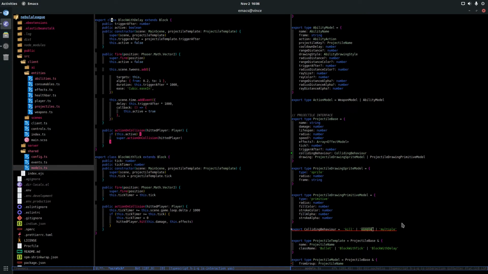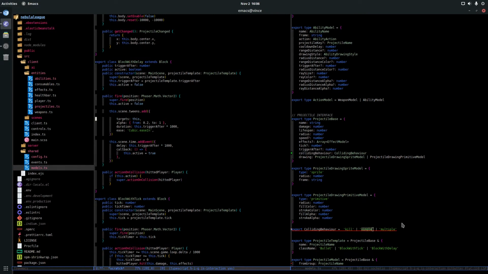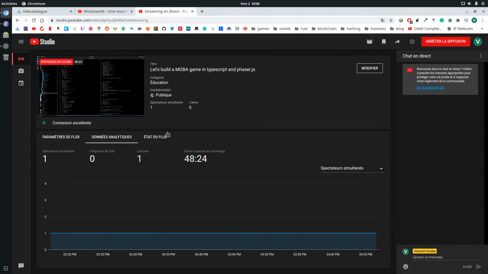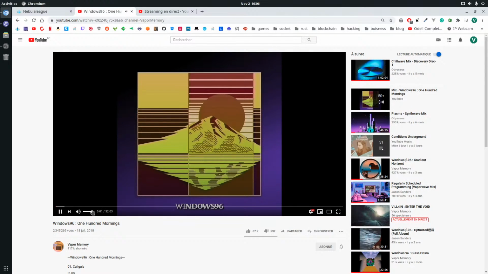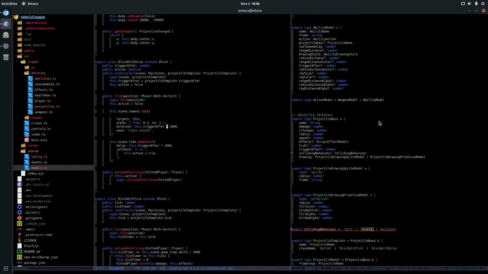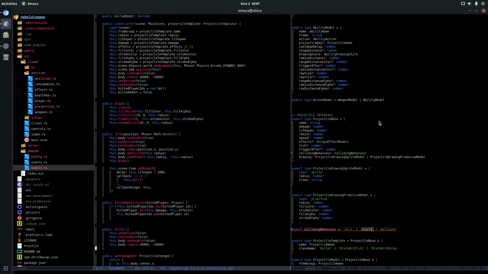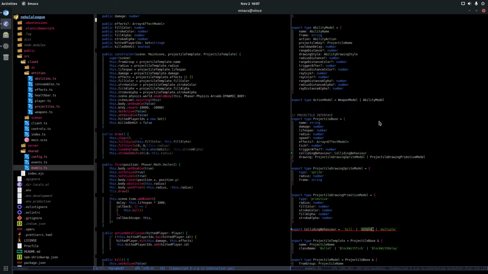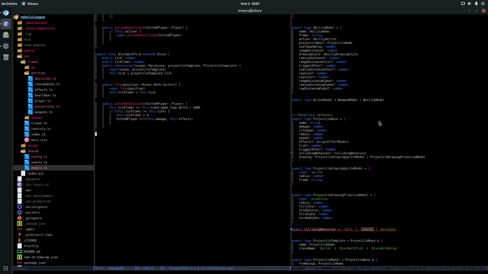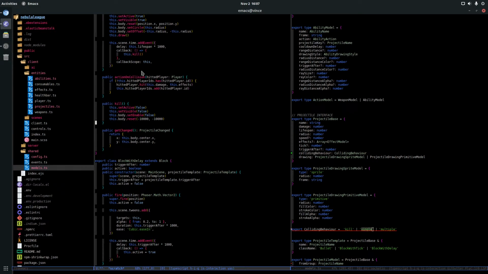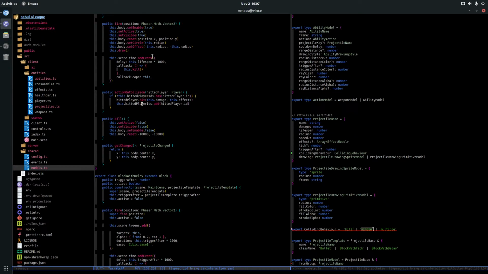I need to track. I have some way from the object here, this method player ID.